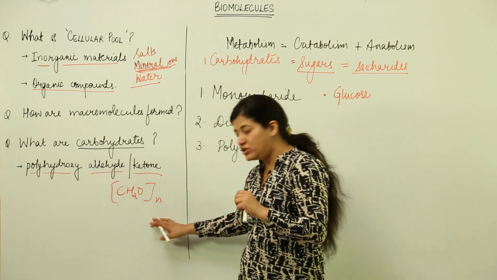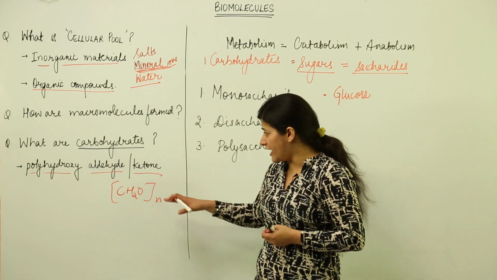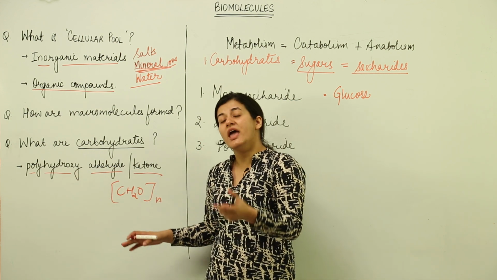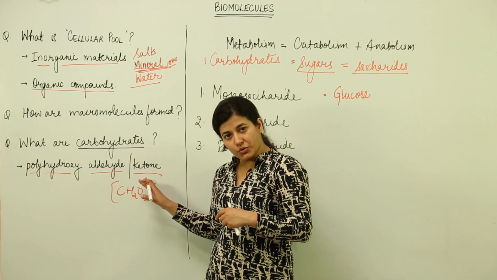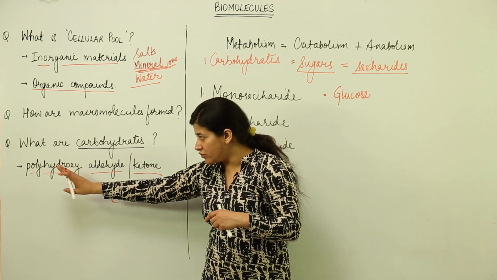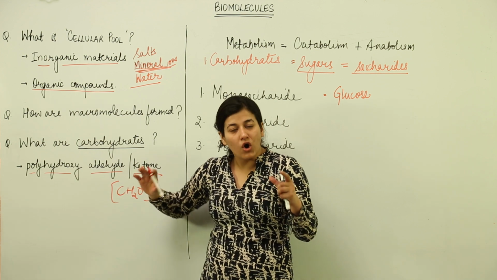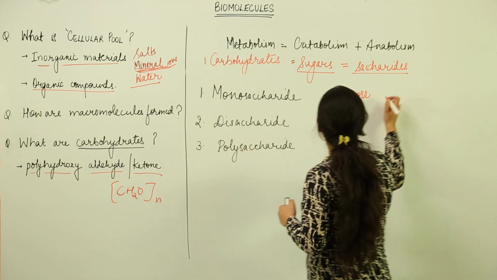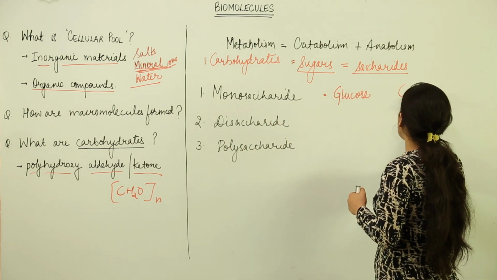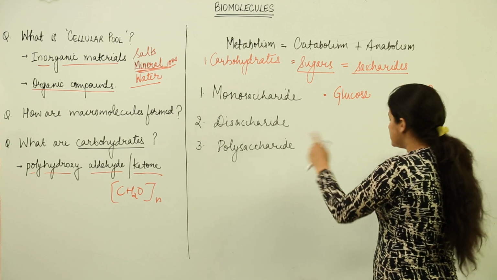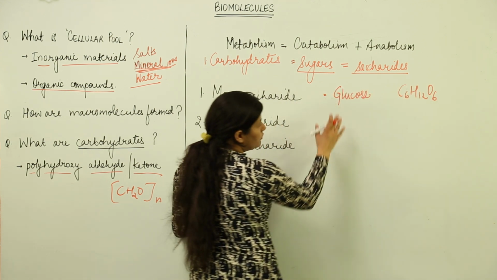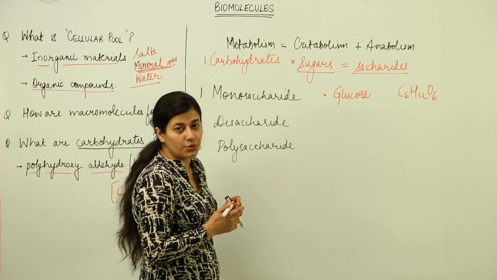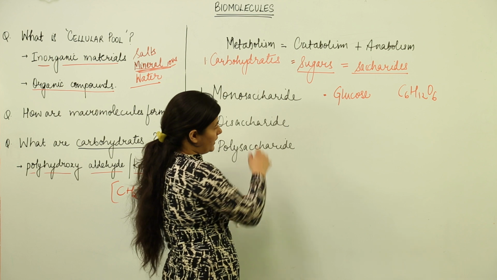From the stereochemical aspect, it is polyhydroxyaldehyde: there would be many hydroxyl groups and either an aldehyde or ketone group, and these could be present on a straight chain or in a cyclic carbon ring. Glucose is C6H12O6, which suits the empirical formula. In a monosaccharide you find only a single polyhydroxyaldehyde or ketone, and when we talk about disaccharides,